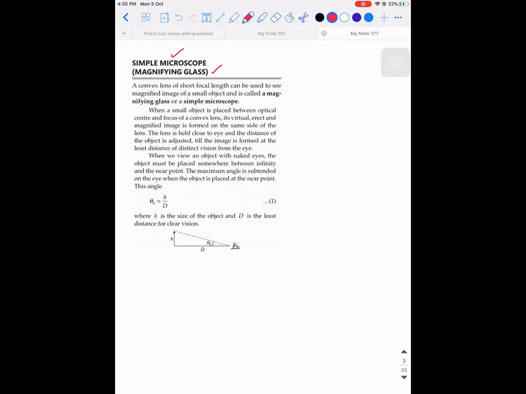Next, remember one important point. All these optical instruments should form only virtual image. Why I'm saying virtual image is because only virtual images are erect in nature. For example, you can visualize it. If you use a magnifying glass and look at your hand, let's say you're looking at your palm, you're able to see the magnified version of your palm in the same way as you kept your hand, or is it inverted?